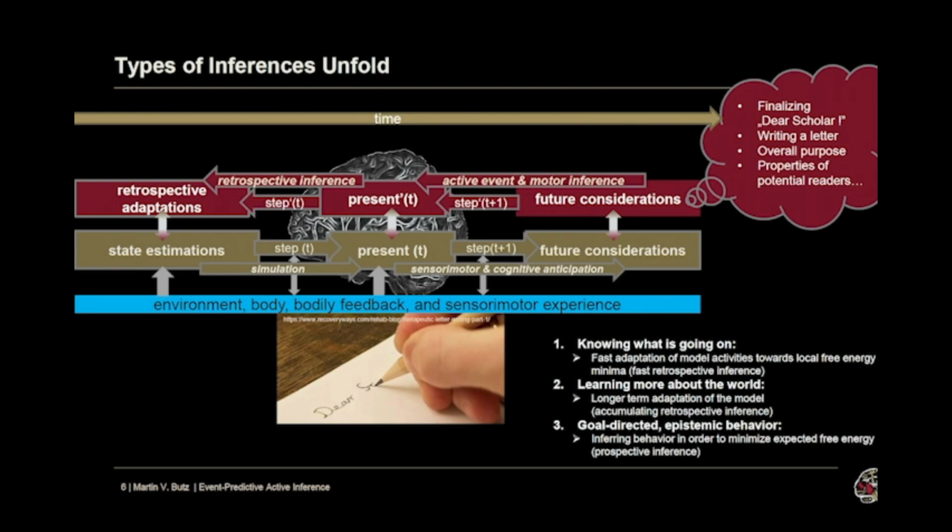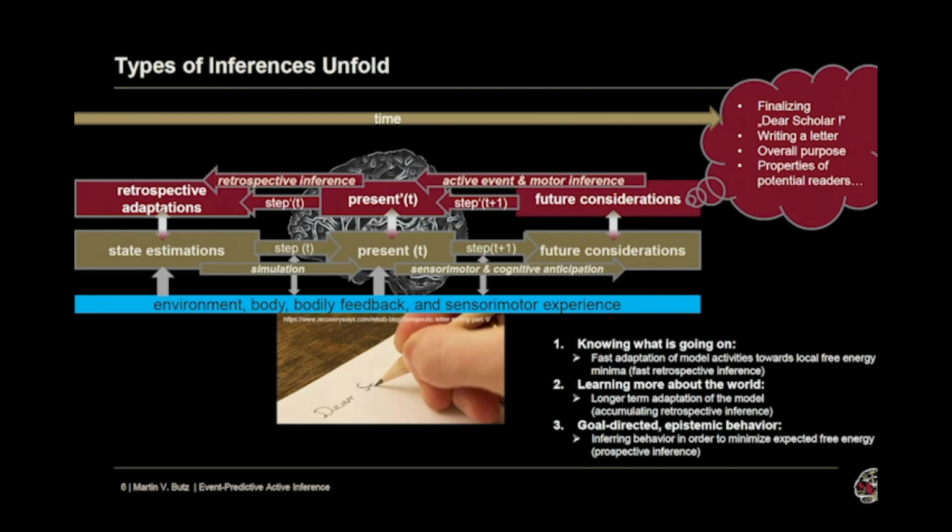For actually the other two really are only for the third one, which is to act with the environment in a clever way, meaning essentially considering future states, future developments, such as: I'm writing this letter, I'm writing the next word, I want to create a letter to be sent to a friend, I have other things to do in this day, and these future considerations are then compared with my